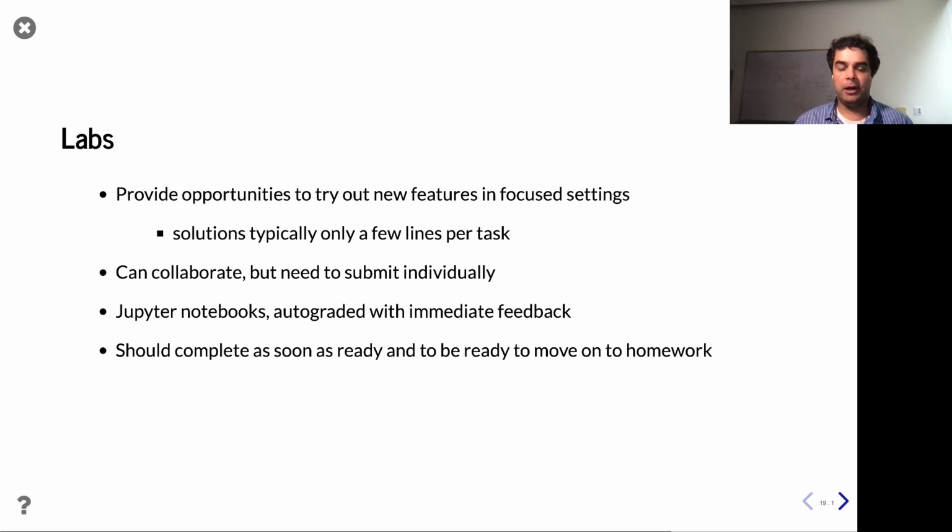Labs, you can work with your colleagues. You can collaborate, no problem. And then you can go ahead and submit it. There's a way to do it with Gradescope. And then